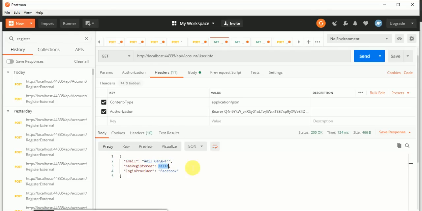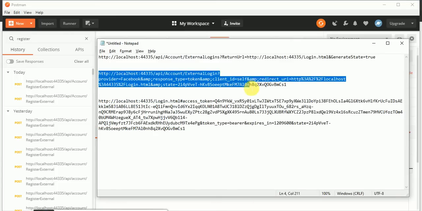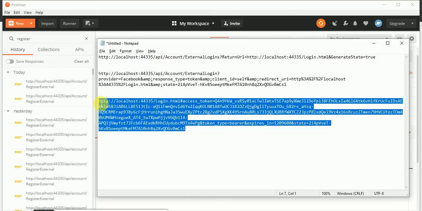This token is generated by Facebook, and using this token you cannot log in, you cannot authorize your web API. So once the user has been registered, again you will hit this URL again. Then your web API will generate another token from the existing user, since the user is already registered from Facebook.